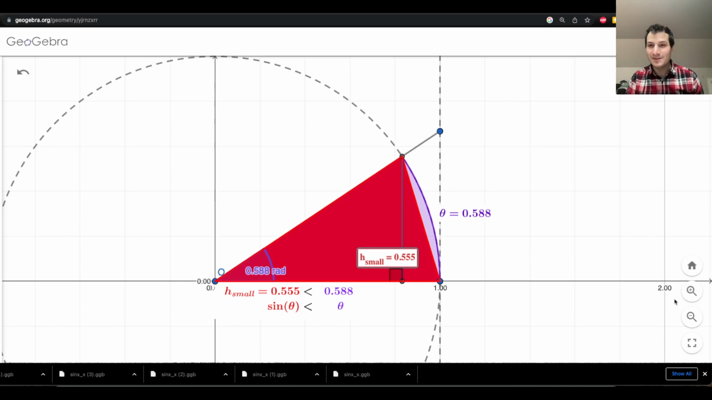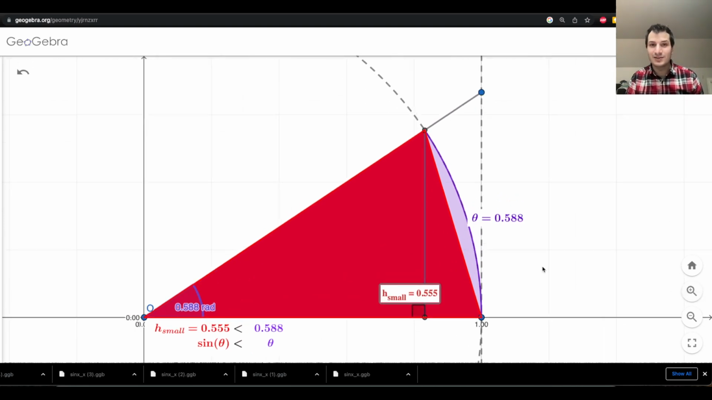So very simply, here I have drawn some angle theta in purple. It's 0.588 radians in this example. And I have drawn a red triangle inside the arc made by theta. So theta is a purple arc. It's a little like a pie piece of the circle. And this red triangle that lives inside that pie piece is a little bit smaller than the whole purple pie piece. And by looking at this triangle, we're going to see why it is true that the sine of theta